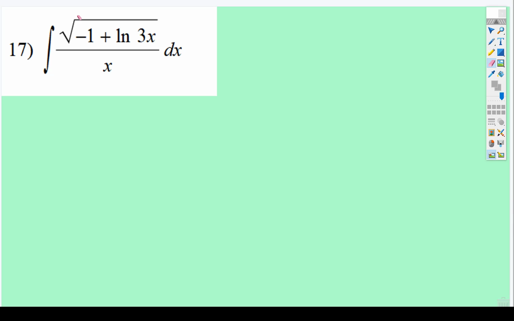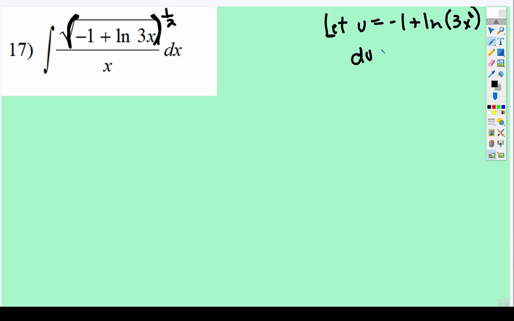Okay, first thing I'm going to do is change the square root to parentheses to the 1/2 power. So notice under the power, we say let u equal -1 plus the ln of 3x. If it helps, put that invisible 1 up there, right? So then when you say du, well, the derivative of -1, it's a constant, so it's 0. The derivative ln of 3x to the first is just 1 over x